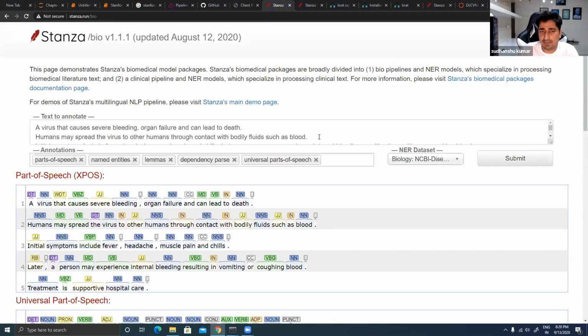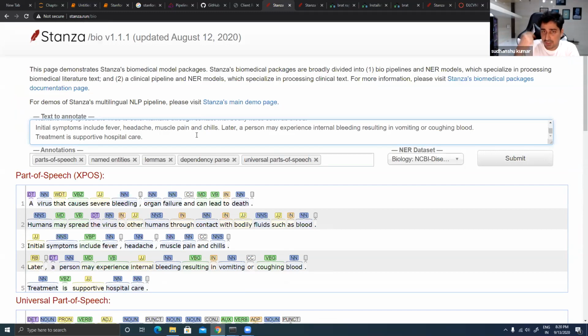You can type any text, or you can install Stanza inside your local system, make a call, pass your same data over there, and then you will get similar kinds of information. You will get this kind of information with every library, whether it's NLTK, TextBlob, spaCy, Stanford NLP or Stanza. You will be able to get this information from everywhere.